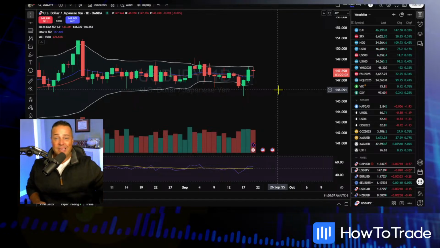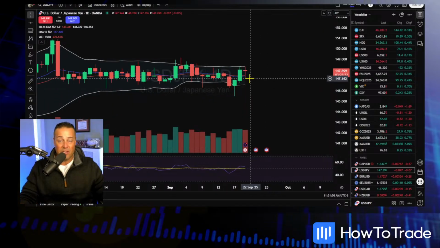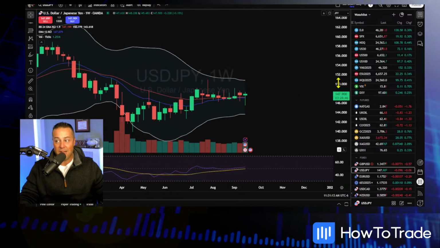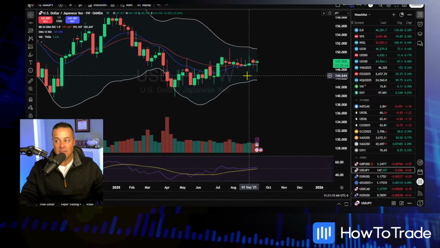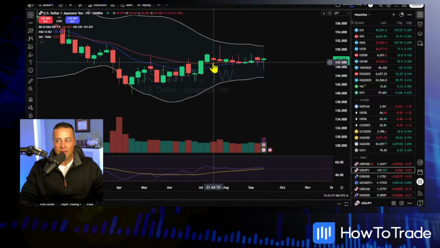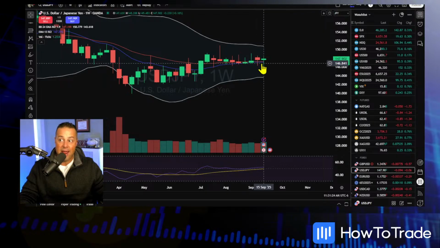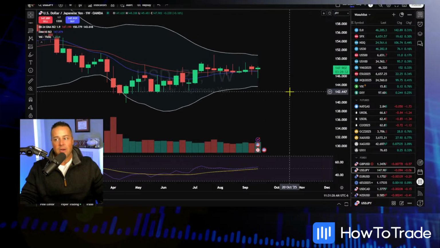This is a really tough market to trade right now. If you're trading the dollar yen, yeah, we had that 5-minute trade that went okay the other day, but if we're looking at longer time frames, this is really difficult. This is an absolute train wreck. So let's go to a weekly. It just doesn't get any uglier than that. Take a good look at this. Hammer, inverted hammer. I would call that a doji. That's good enough for me. Doji, hammer, inverted hammer. What happens? Clearly we're going to break. No question about it. Is it to the long or to the short?